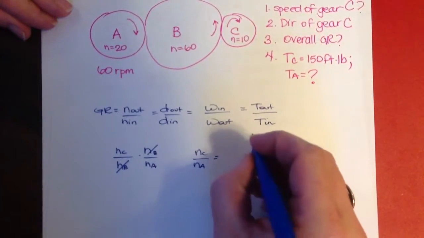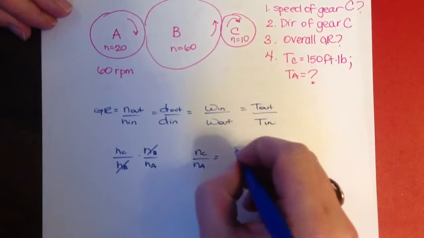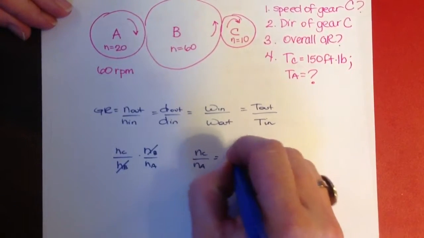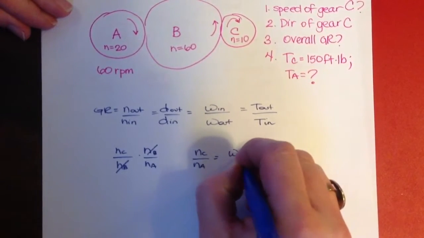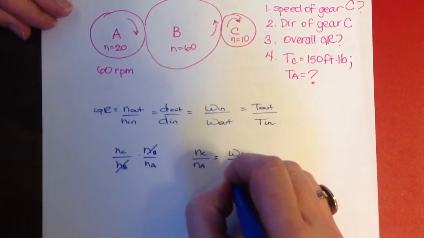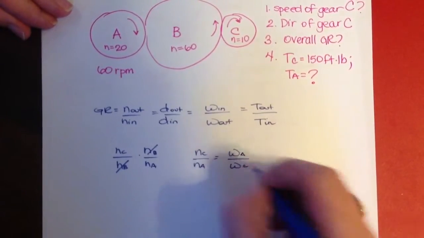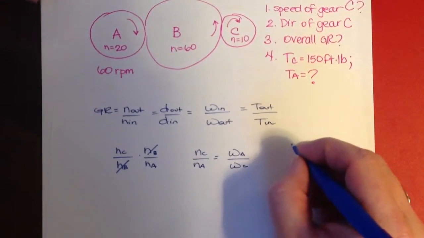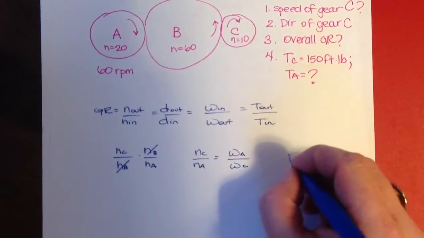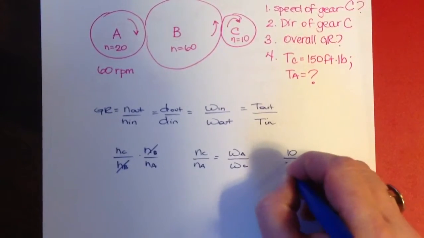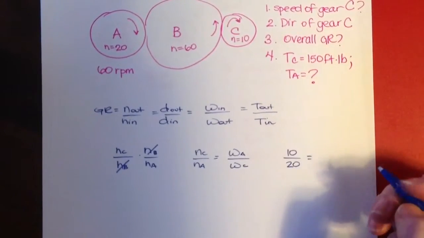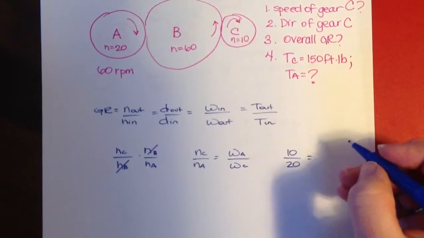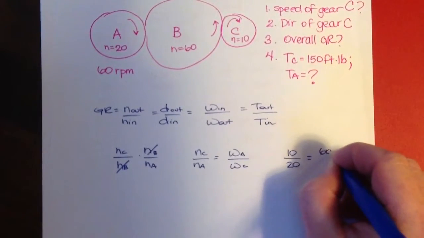We want to know the speed, right? So that would be WA over WC. Alright, so that's easy enough to do, and we just do 10 over 20 is equal to 60 RPM